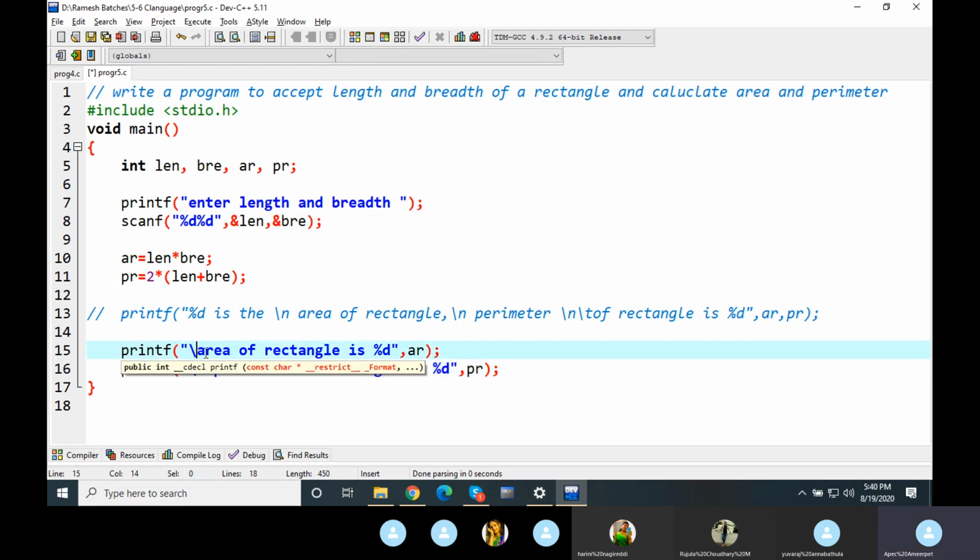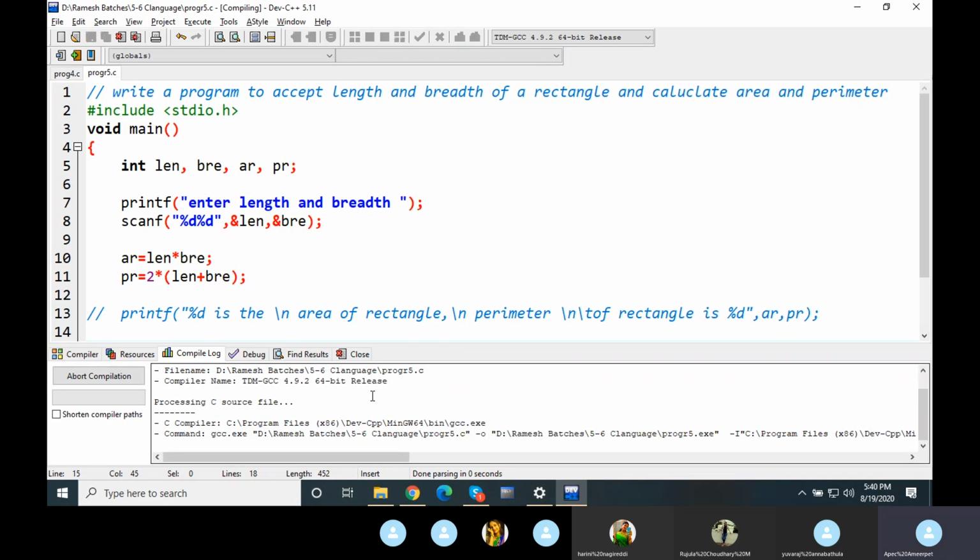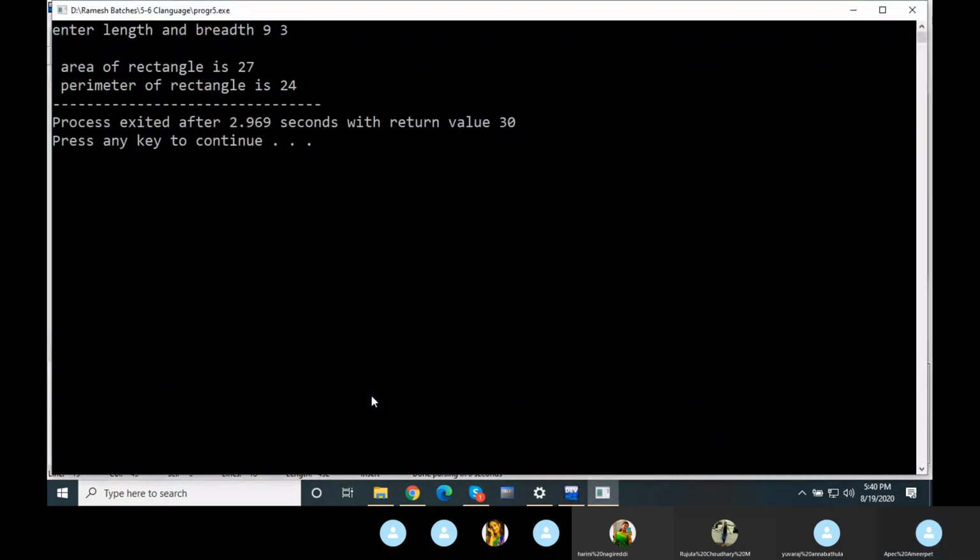You can use it like this. Now you execute the program. You have the output displayed in different lines. So \n moves the cursor to the next line. \t takes a tab space and displays the output.